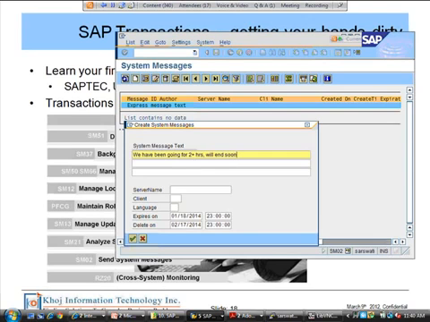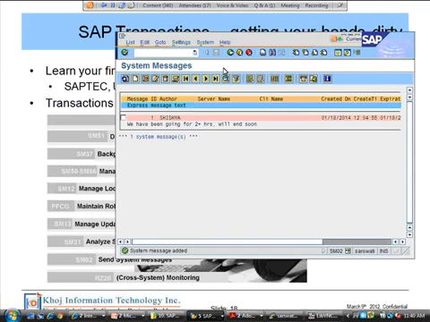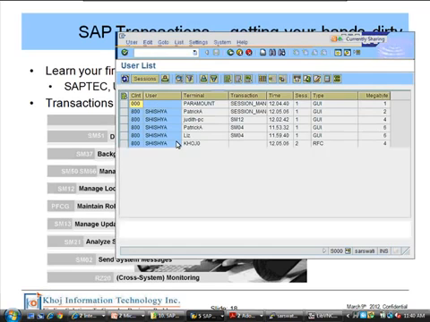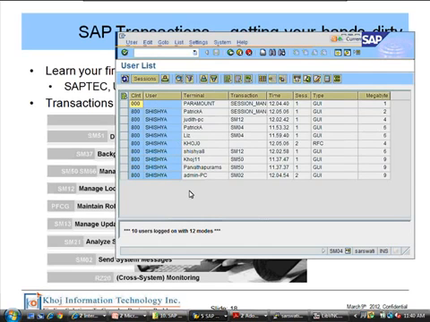So I can put a system message. It went to everyone. So anyone who does any dialog step now will see it. If I do a dialog step, SM04 or something like that, you will see this message.